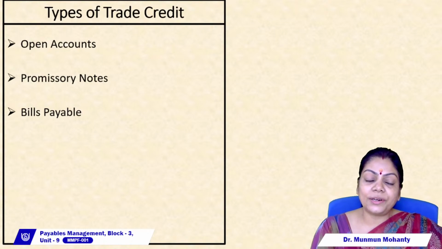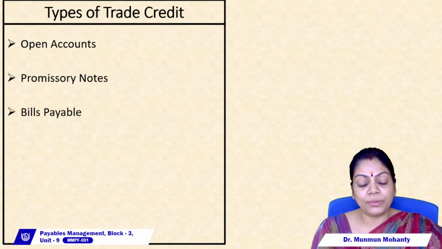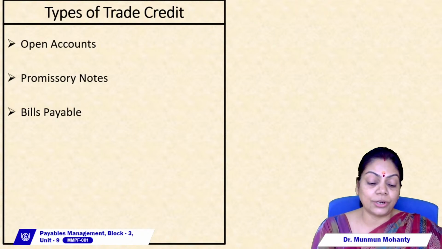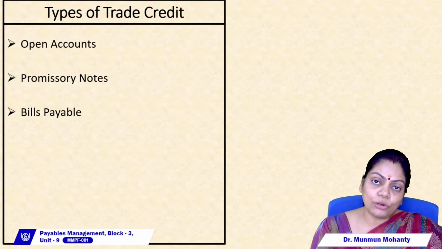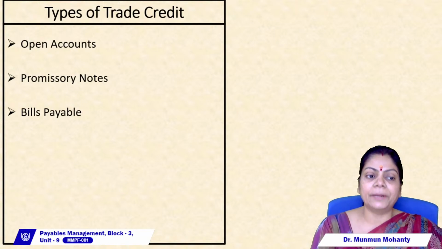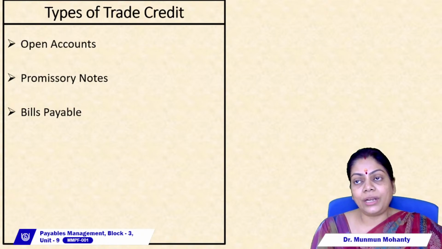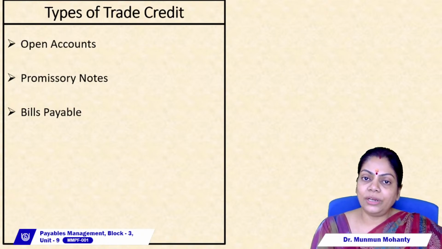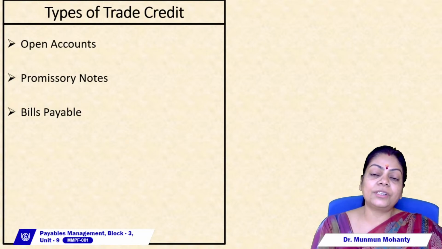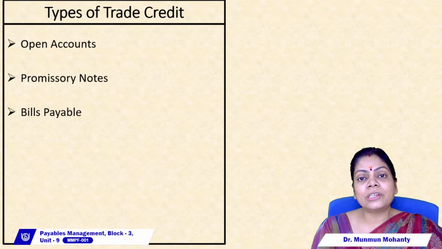Now, these are commercial drafts or bills payable, where all the terms and conditions are mentioned, and you create a bill. The instrument is actually created or drawn by the seller, and it is accepted by the buyer for payment on expiry of a specified duration. The bill or draft will also indicate the banker to whom the payment can be made, and the seller can wait till the maturity of the bill to encash it, or if he wants liquidity earlier, he can simply present the bill with his banker, and the bank will pay